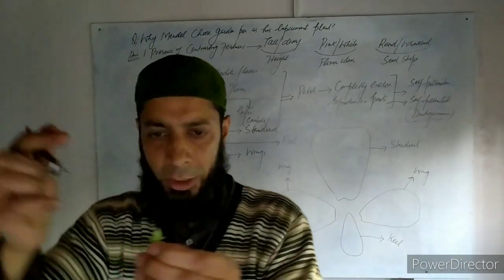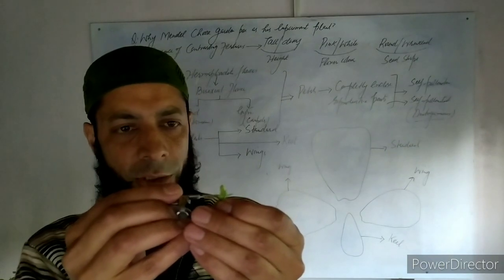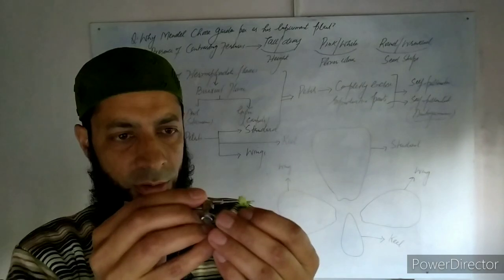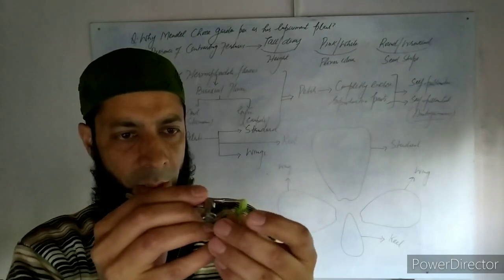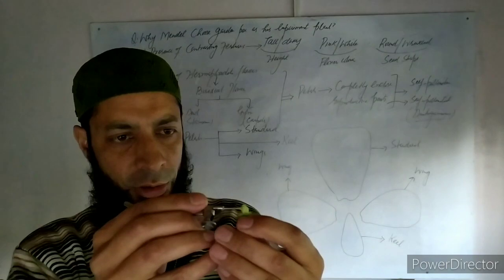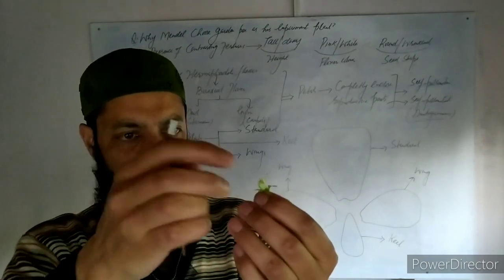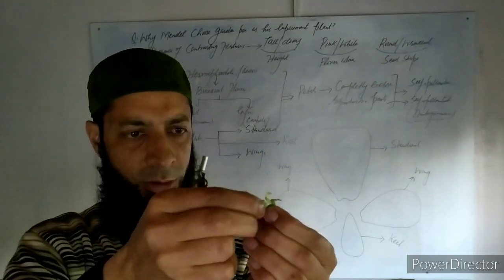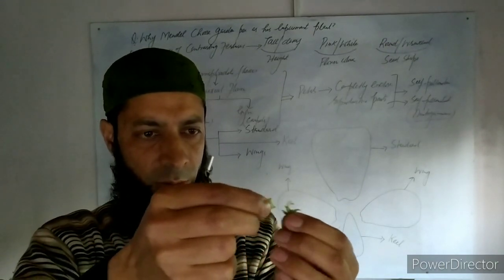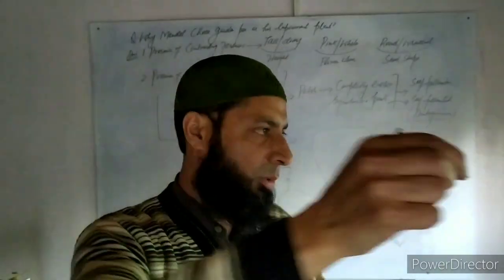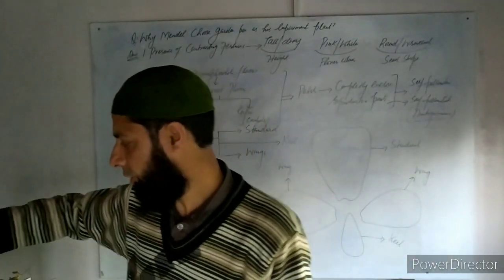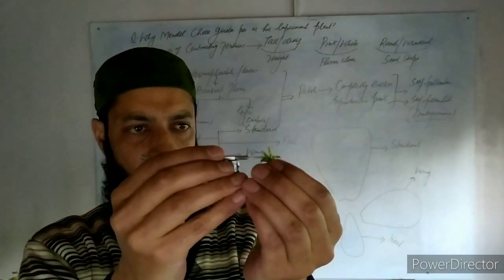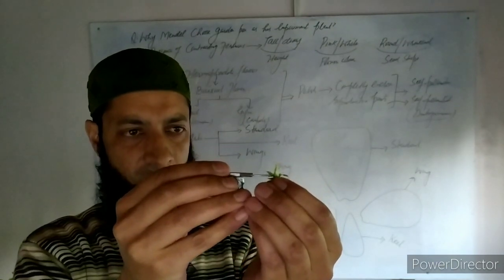and inner to the wings you have another petal that encloses the reproductive parts, that is the stamens as well as the carpels, completely. This is the innermost one, in the form of a tube-like structure, like this. It's in the form of a tube-like structure called the keel, and inside the keel you have the reproductive parts called stamens as well as carpels.